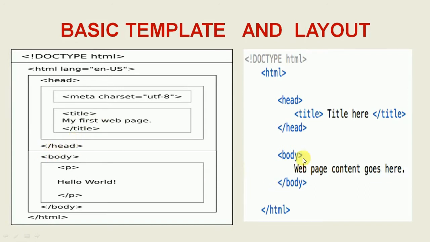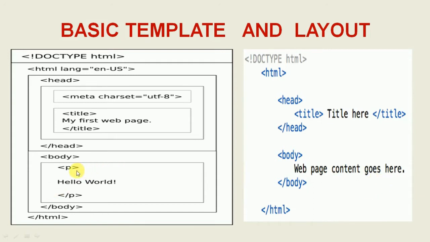Okay, or we can create here: HTML is there, head is there, body is there, title is there. In this title tag we make a title here, and in body we make a body. Body is in the sense that when we write a letter, that time we make a body, meaning what we tell to the other person. These are the body. Body means we write something. Web based content goes here.